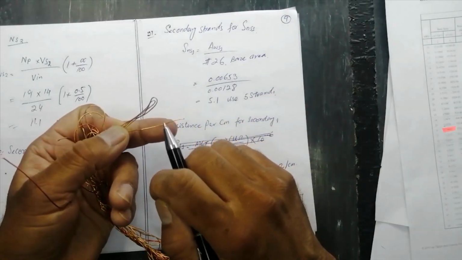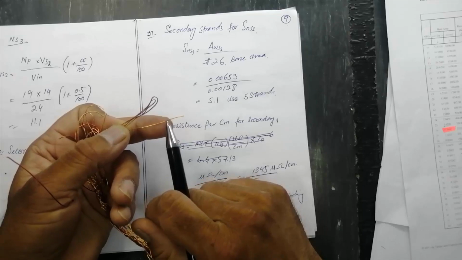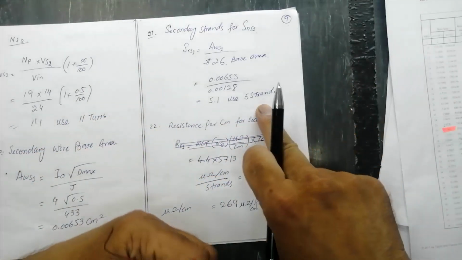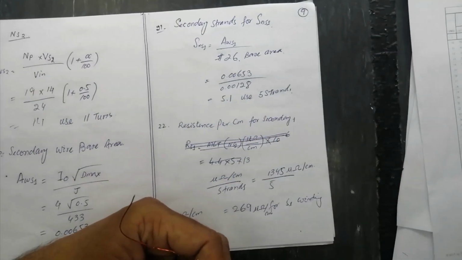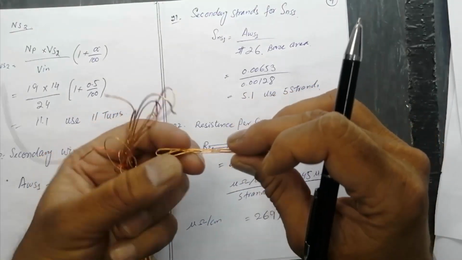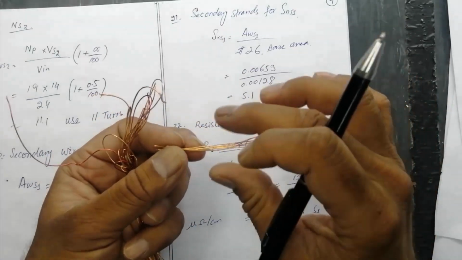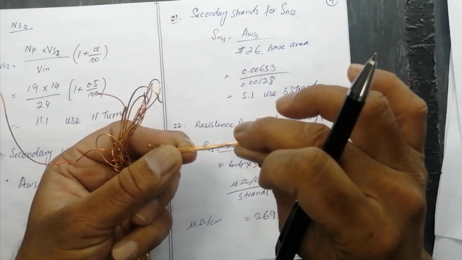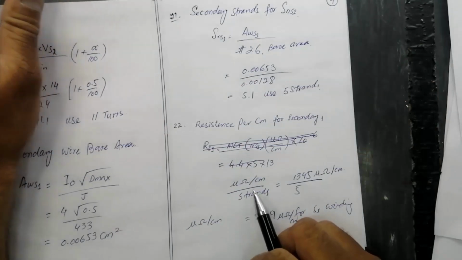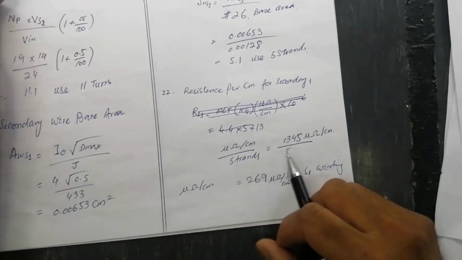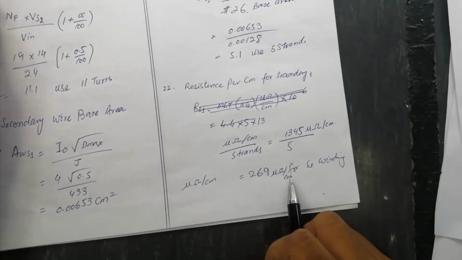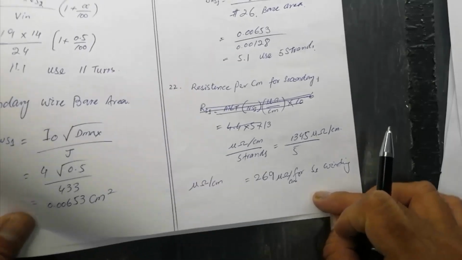1 centimeter wire has 1345 micro ohm in 1 centimeter. So when we connect 5 wires to make the winding of secondary number 1 to take 4 ampere, we have to connect 5 lines. So when we connect 5 wires, the total resistance will decrease. How much will it decrease? Micro ohm per centimeter divided by number of strands 5, it will become 269 micro ohm per centimeter